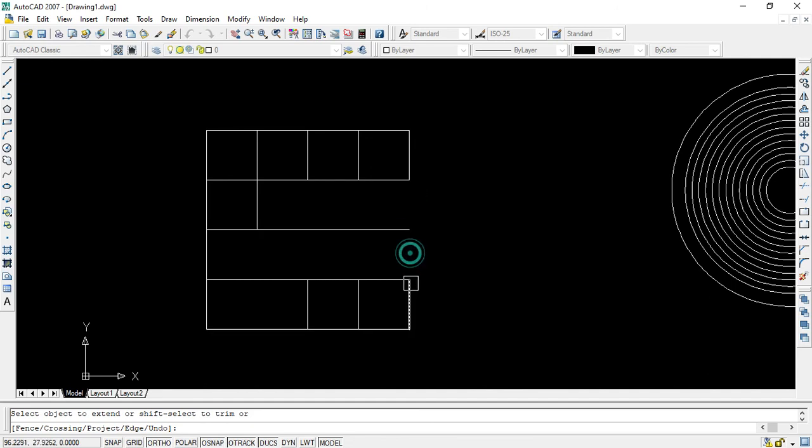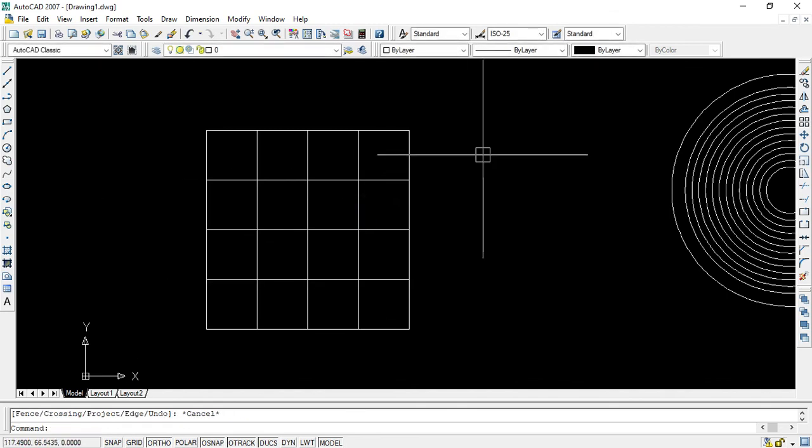Like this you can do. Or now, as I have taken my fingers off the keyboard, if you select this, your lines will be extended. So this is the way of using it. Clear? Shift with your trim command and the extend command. With the help of this you can draw.